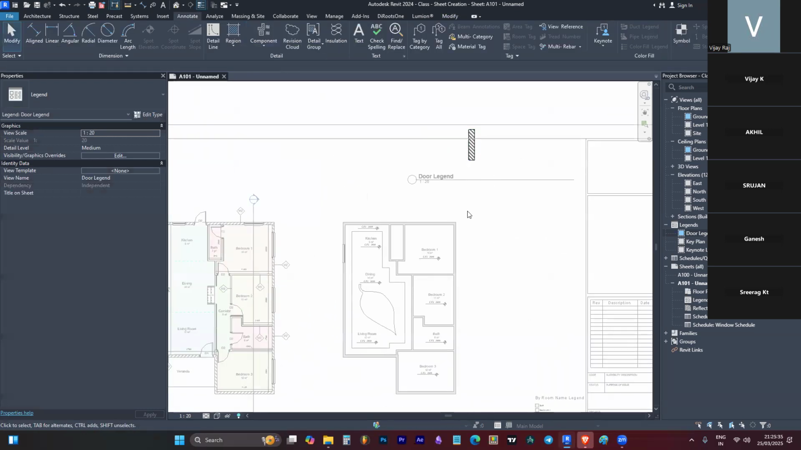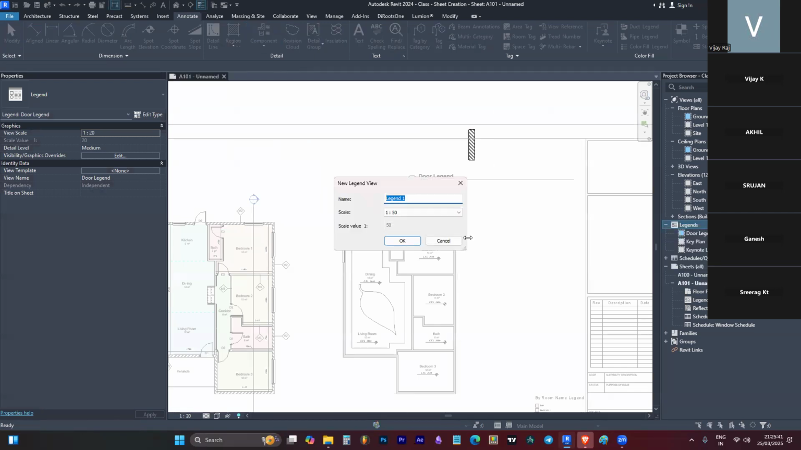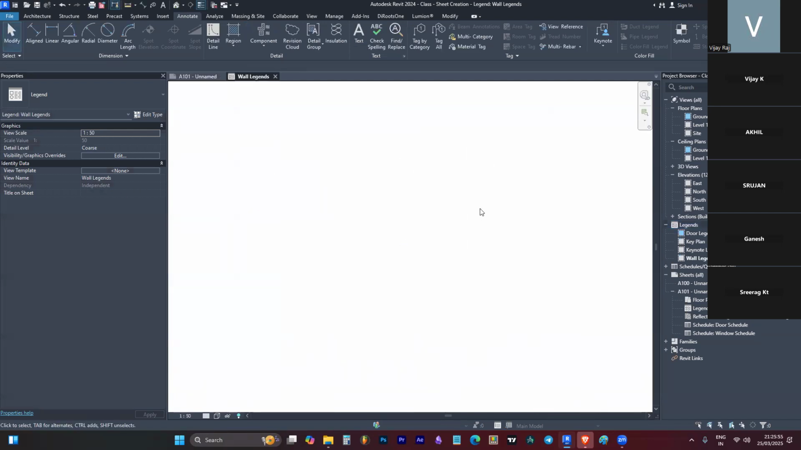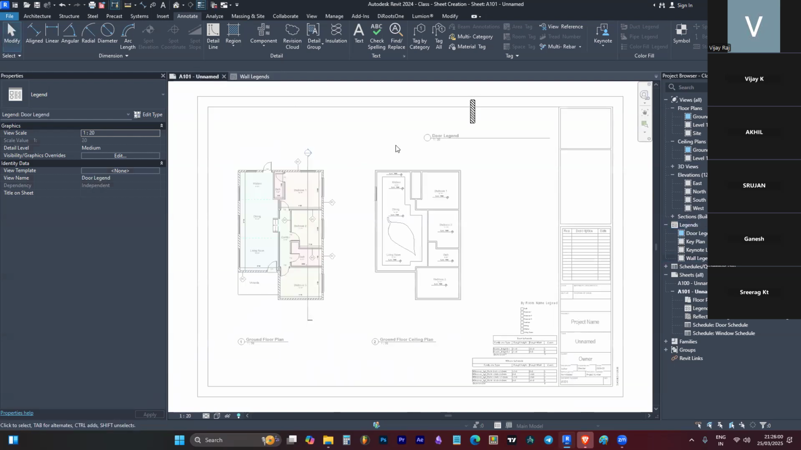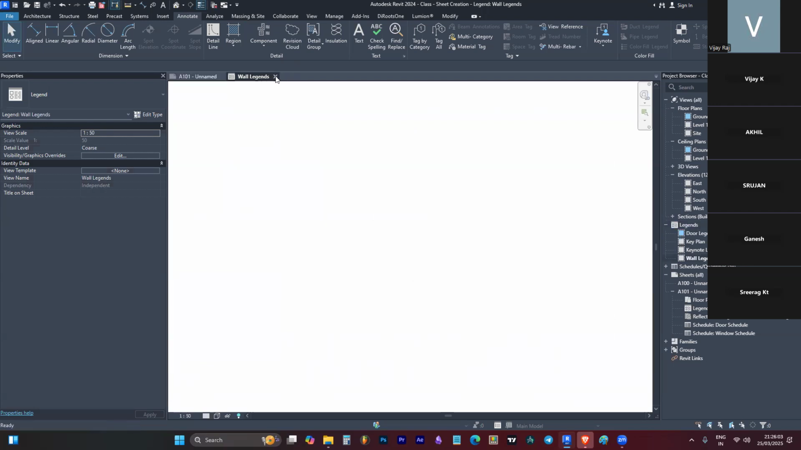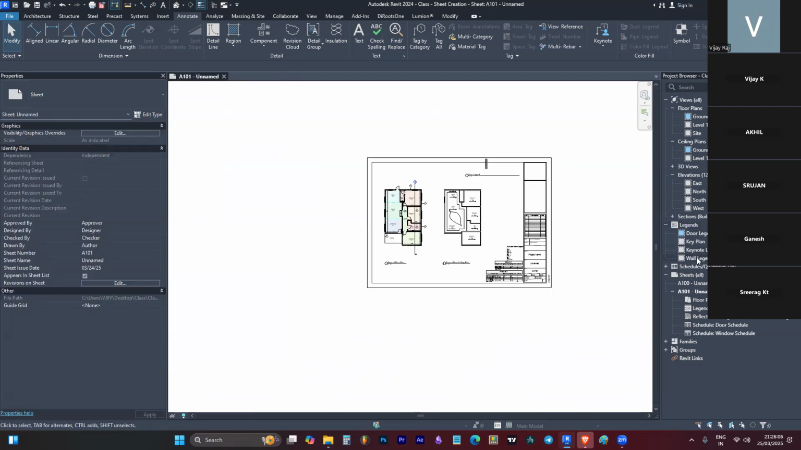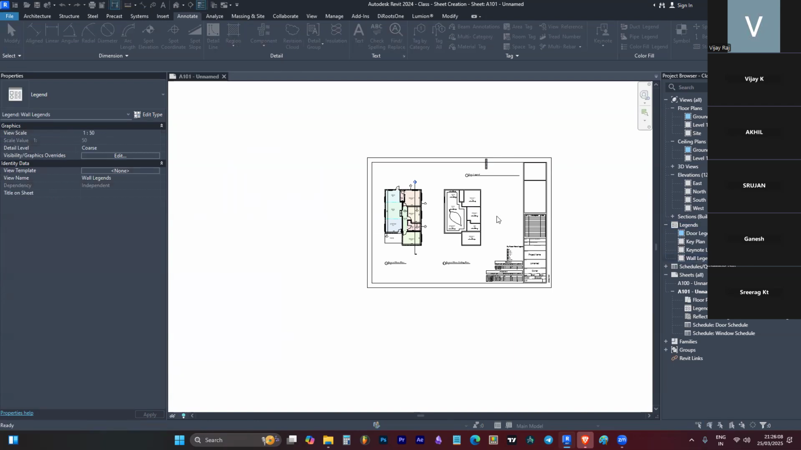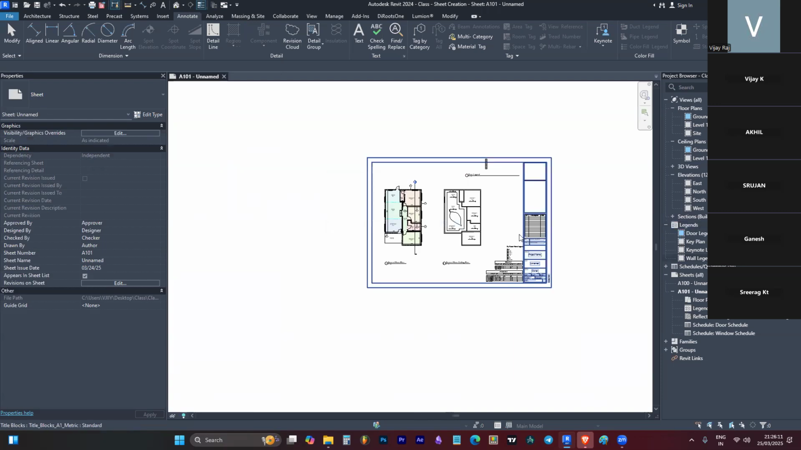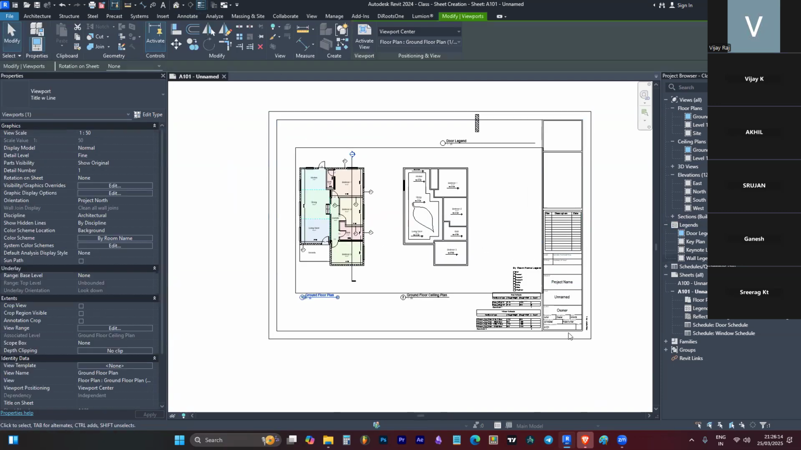Can you understand? Just go to legend, you can create one new legend like that. Whatever the legend, you can provide the name as wall legends. And the main thing is scaling, leave the scaling as it is. And don't work here. Try to insert that wall legend to our sheet. Here we have created the wall legends. I'm dragging the